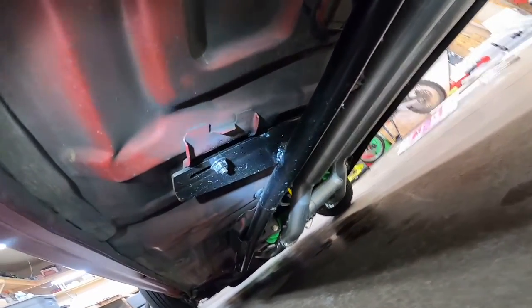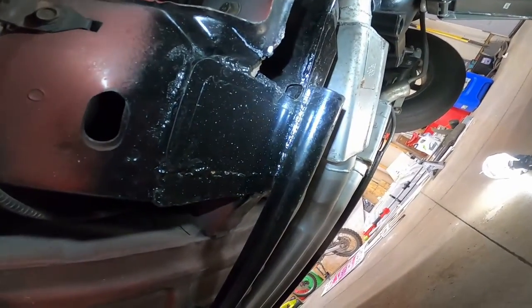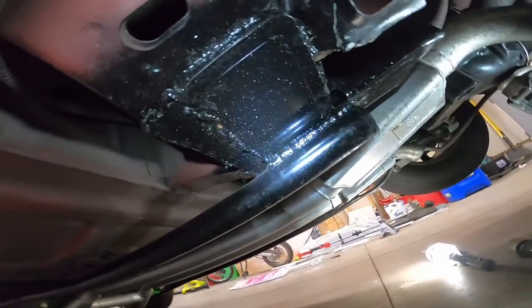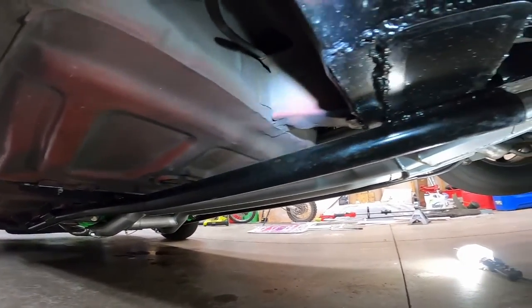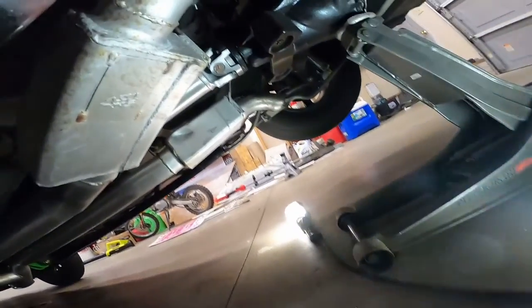All right, so we got our new Team Z subframe connectors on the car. Got the nice little seat bracket brace, front torque box all the way to the rear torque box. Definitely a pretty quality unit. They've seemed to definitely tighten up the car quite a bit, help keep it straight going down the road. We've also got